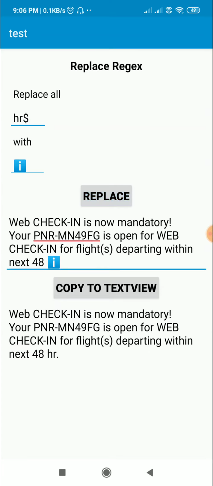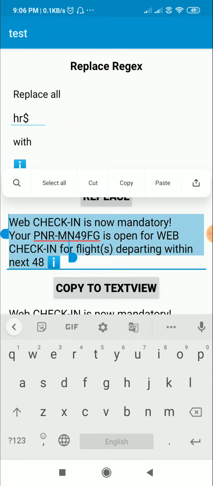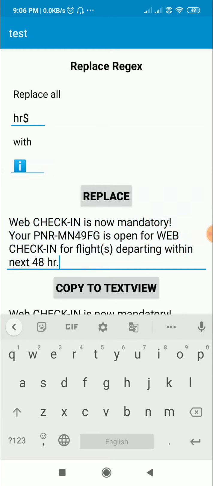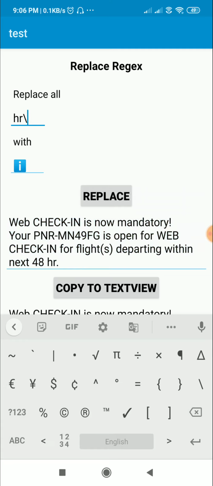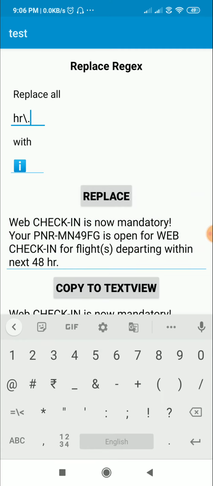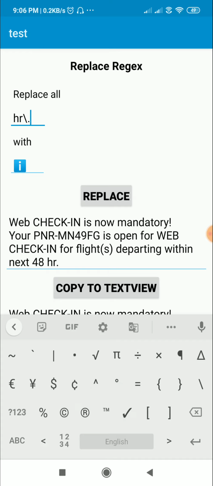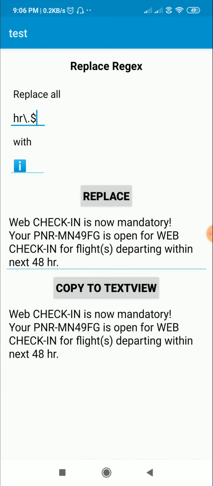But suppose if we have the dot, then in order to replace this dot we have to enter backslash dot, only then we can replace it, and then we have to add this dollar. Okay, and then it will get replaced.